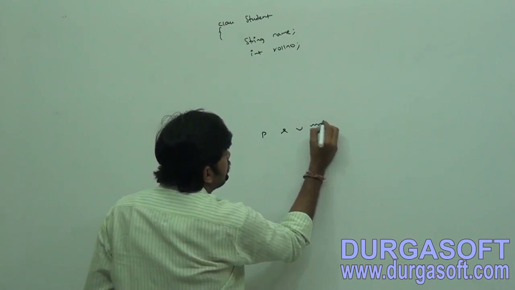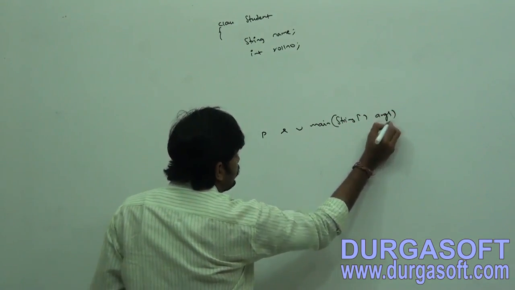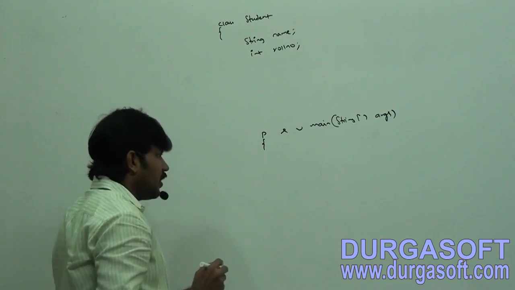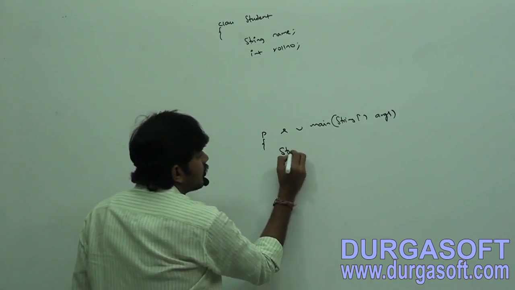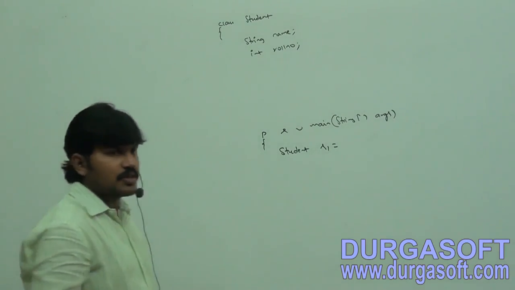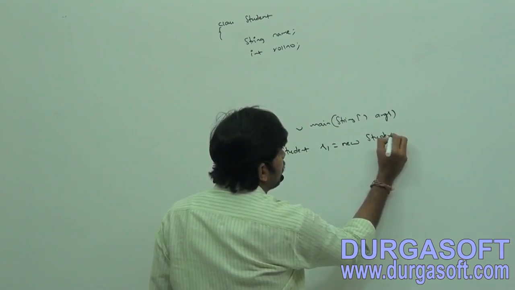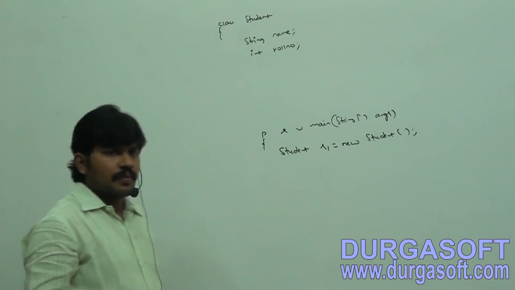Public static void main(String[] args). Student s1 = new Student(); Student s2 = new Student();